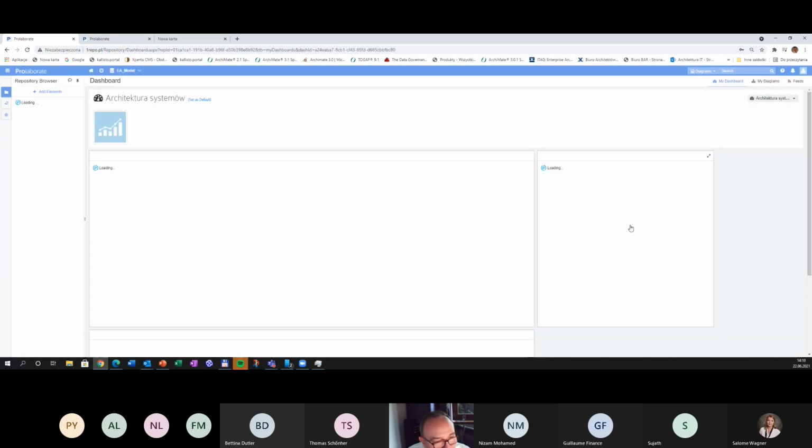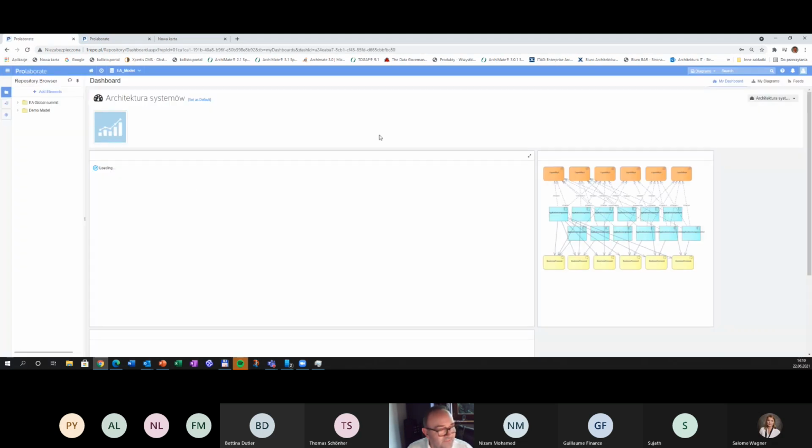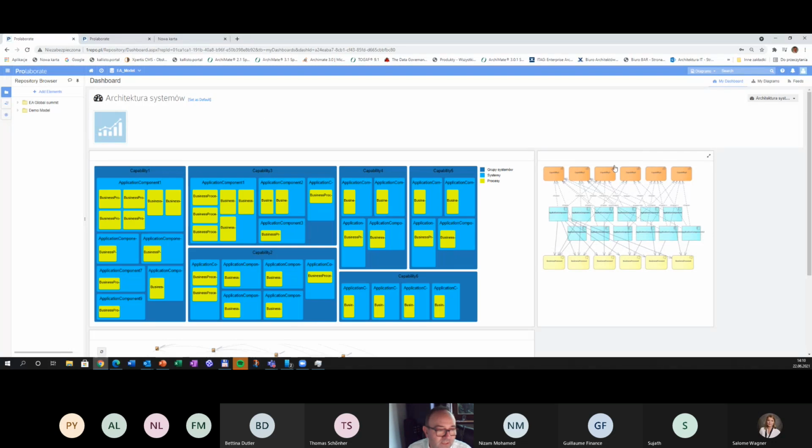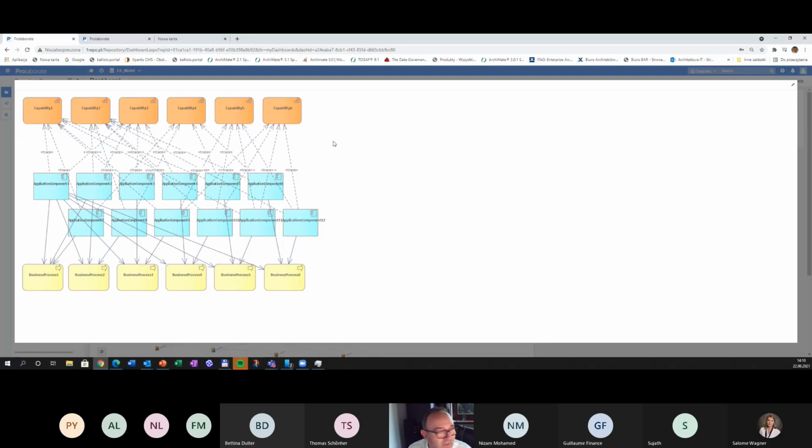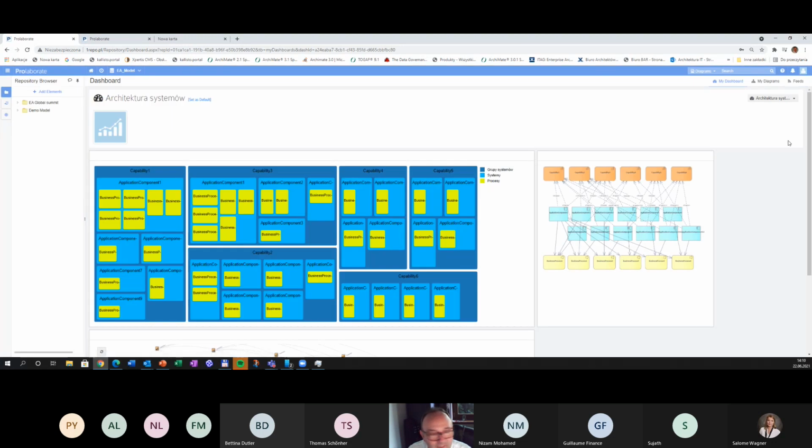I will log in again. This is the first dashboard that is based on such information. I used capability as a grouping element for the applications. So I have groups of applications and these applications are connected to the business processes. In this shape, this information is not so easy for the business to understand, but the same information I can